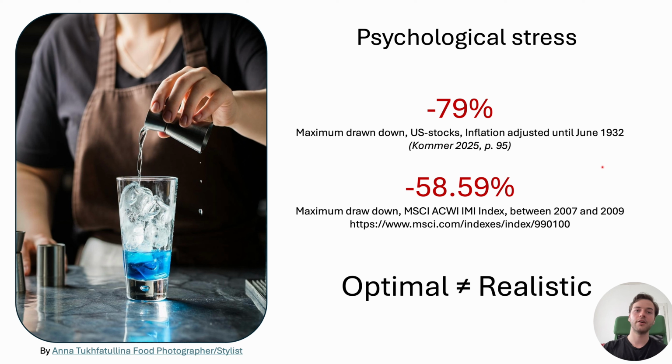And similar to how it goes for people in the fitness influencer space, optimal does not always mean realistic. For you, maybe it would be optimal to put all the money you don't need for the next 12 years into the risky part of your portfolio. But at the end of the day, if you think, well, there's a likelihood that my portfolio goes down 30%, 50%, and this would stress you so much that you could not endure it, that you would actually sell off all your portfolio while the market is down,